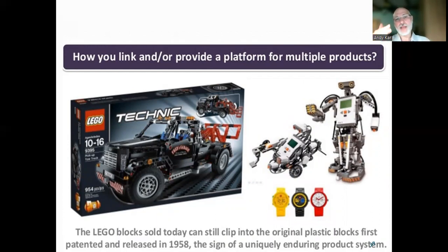By having plastic blocks first patented and released in 1958, the company gives the impression of something durable. It's something unique, it stays strong and the same over time, and it adds value to the customers. Customers start trusting the product more because they think that it is something that